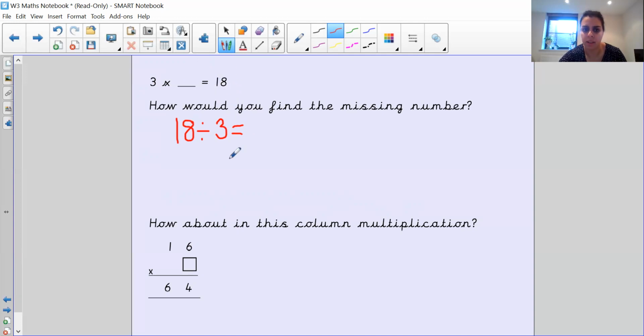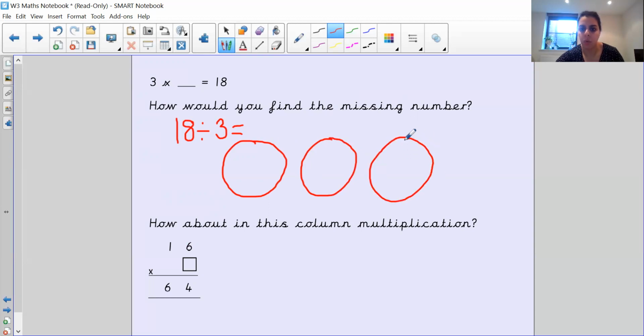So I'm going to share this. Talk to an adult, talk to your teddy, have a think. How many sharing circles do I need to draw? Good. If you said 3, that's fantastic, because that's how many I'm sharing. So I'm going to try and draw 1, 2, 3. And on your whiteboard or on your scrap paper, can you please share 18 into 3 circles, and you can do it with me. 1, 2, 3,